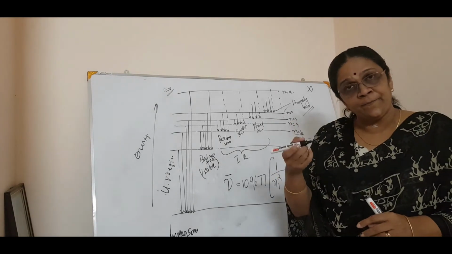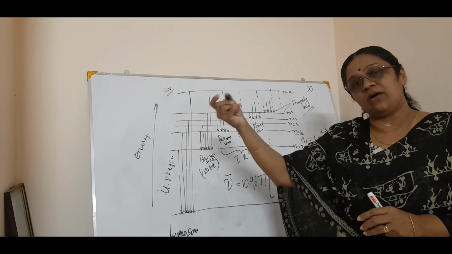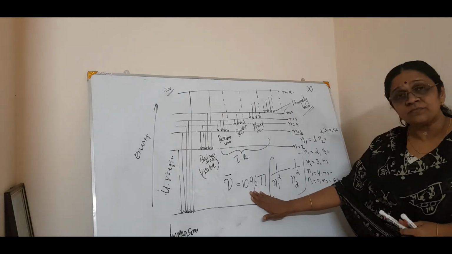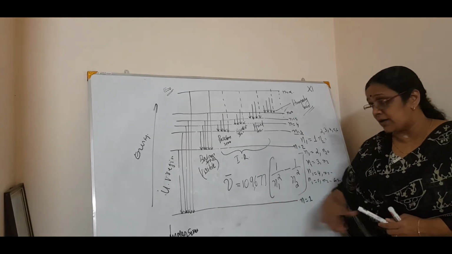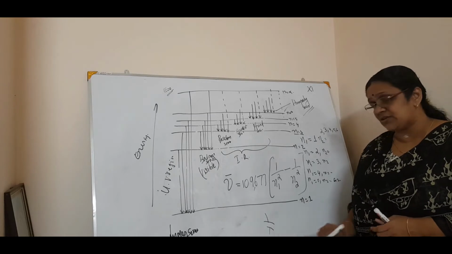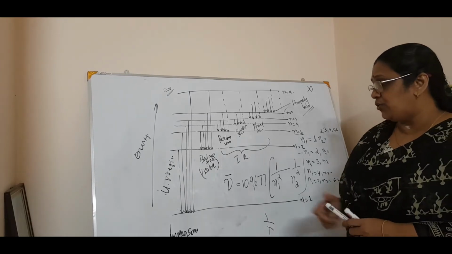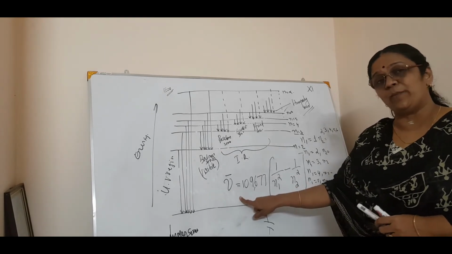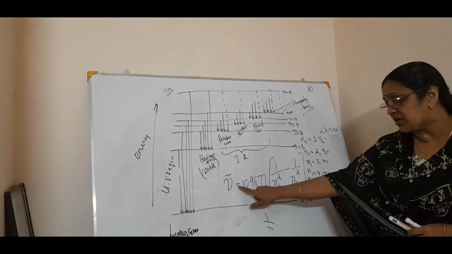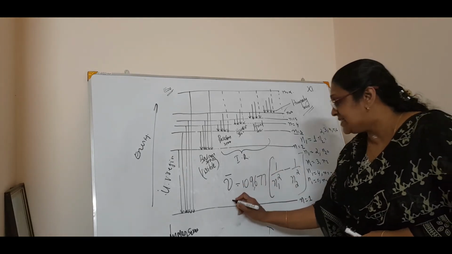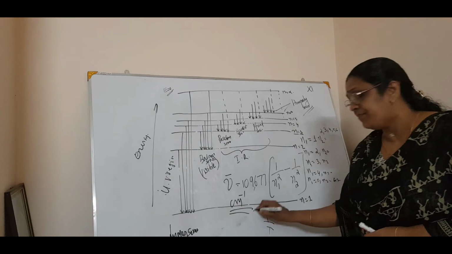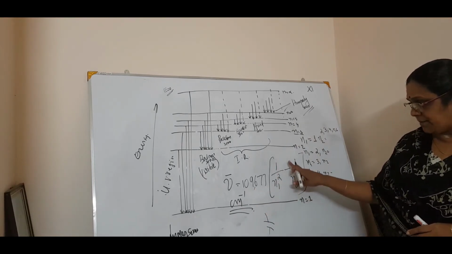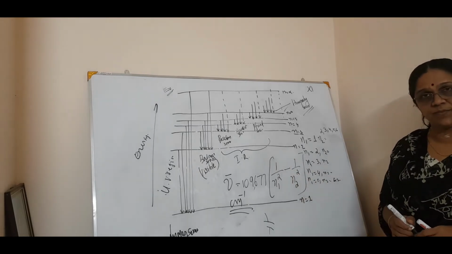So, you got that point? That is plus 1, that is the integral multiple of that. So this is how you find the nu bar. You know what is nu bar? The inverse of wavelength, 1 by lambda. So nu bar, the wave number of the spectral lines, can be calculated by using this formula, which is given by Rydberg, which is called the Rydberg constant, and the unit is centimeter inverse. See, 109,678 or 677 into 1 by n1 square minus 1 by n2 square.